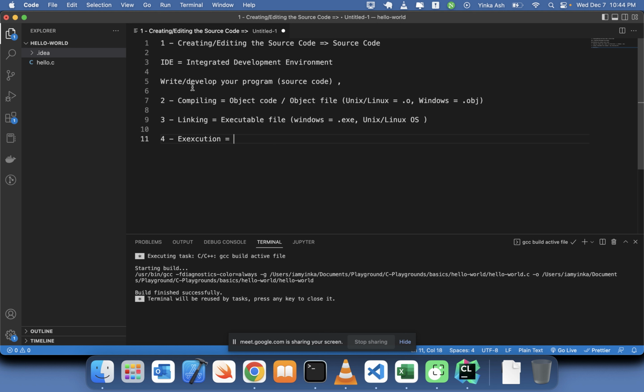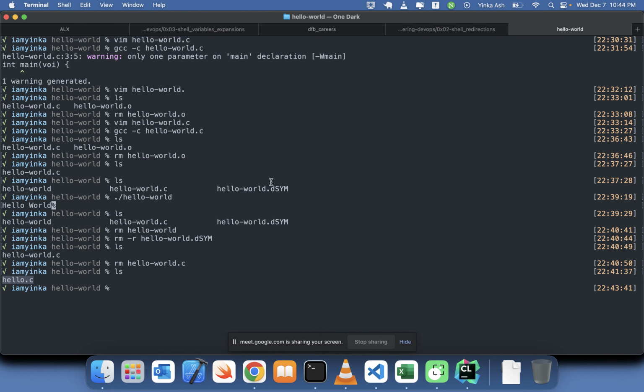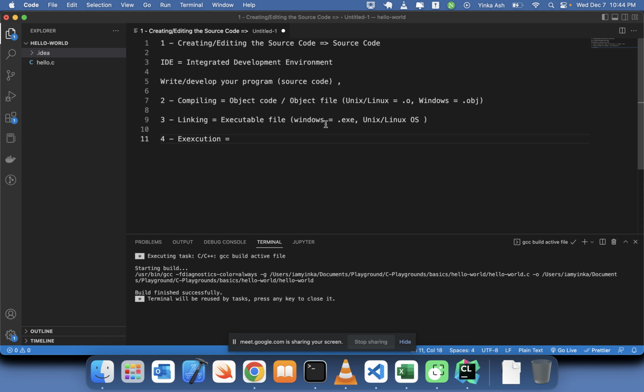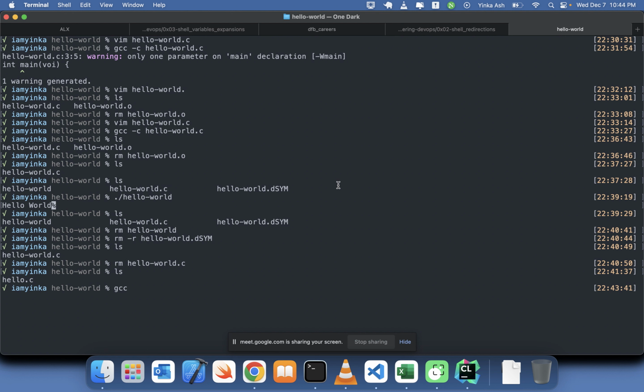Now, this is to say that if you are able to go through from 1 up to this point without any errors, then this execution should go successfully. Now, if there are any errors, then you have to go back all the way again. I'll just show you a quick example of what I meant. So I'll do GCC. This time I'm not going to use the -c because I want the process to compile and link at the same time and just provide me with the executable. So I'll do GCC and then